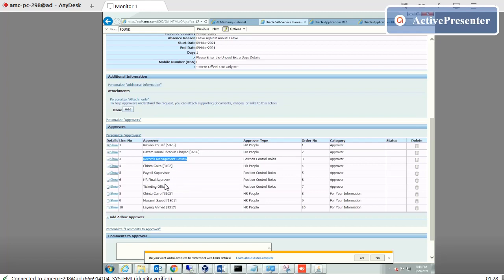After that it will go to the HR final approval. After that, because I am eligible for a ticket, it will go to the ticketing. After its approval, this approval information will automatically be notified to these three people.